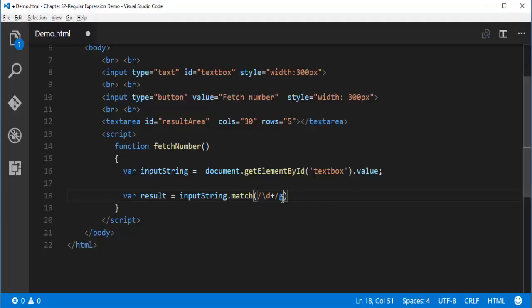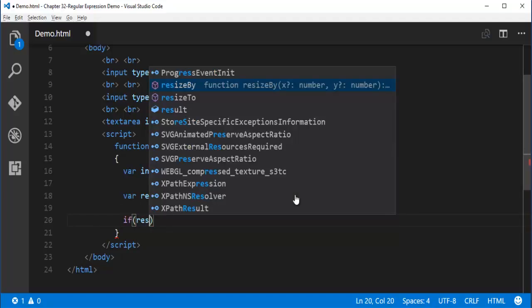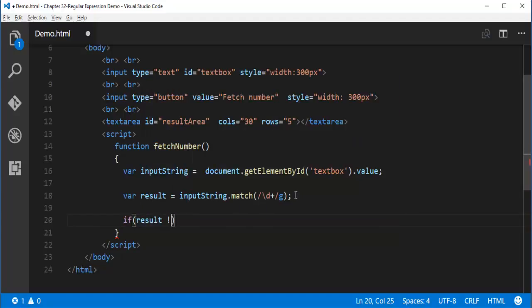So G represents global, it's a modifier. And now what I'll do is first I need to check whether the result, whatever it is, is not equal to null. If it is not equal to null,